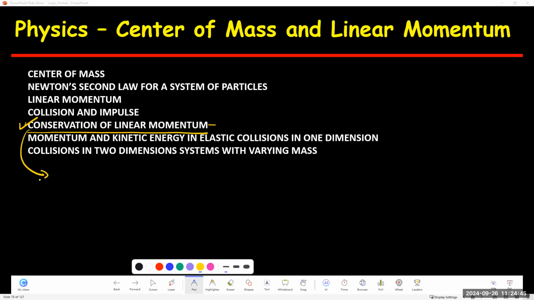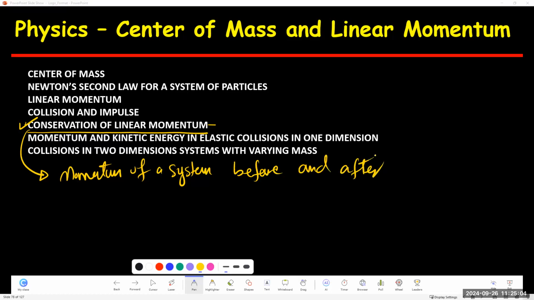Conservation of momentum means the momentum of a system before and after collision must be unchanged. What does that mean? Must be unchanged means even though the two objects are exchanging